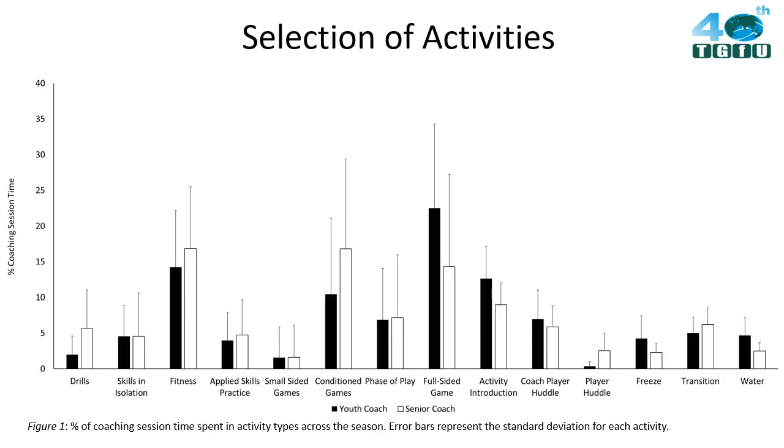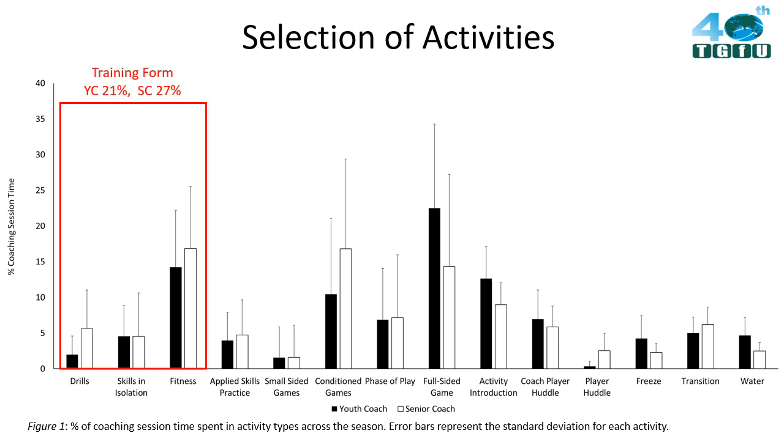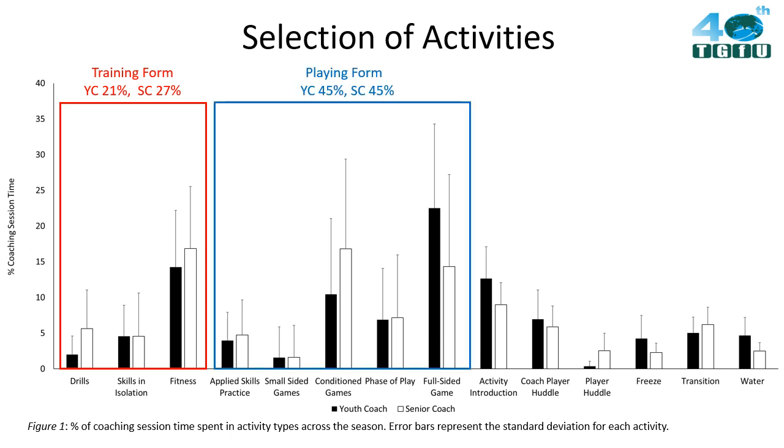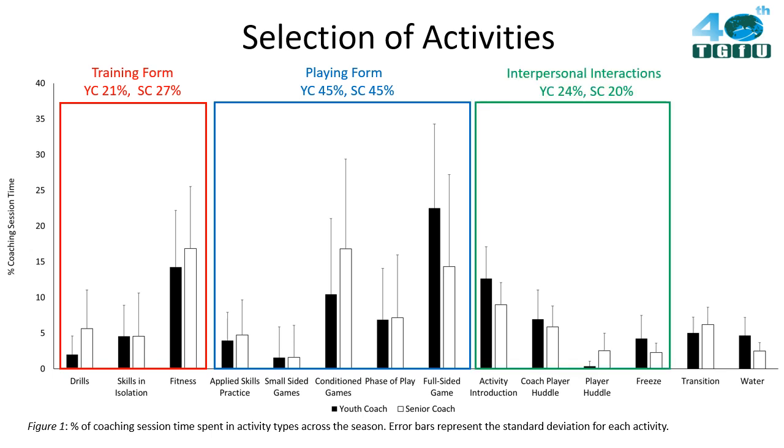Results of the time use analysis showed the youth coach and senior coach spend 21% and 27% of coaching session time in training form respectively, 45% of coaching session time in playing form each, although the youth coach used relatively more full-sided games and the senior coach more condition games. 24% and 20% of coaching session time in interpersonal interactions respectively,